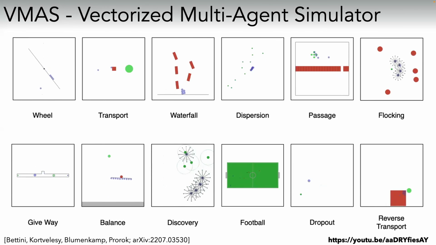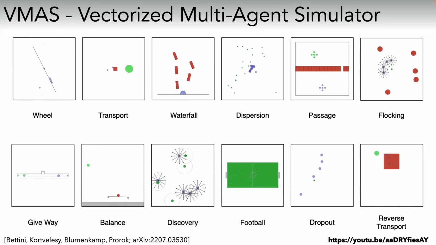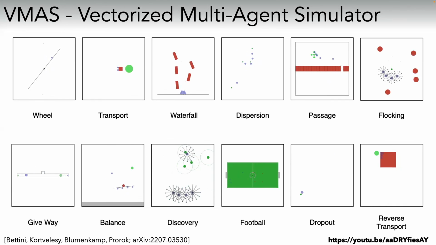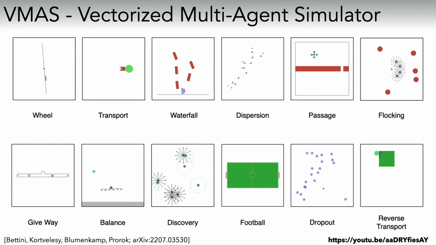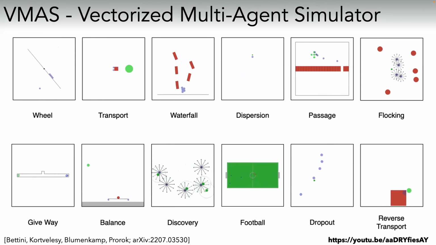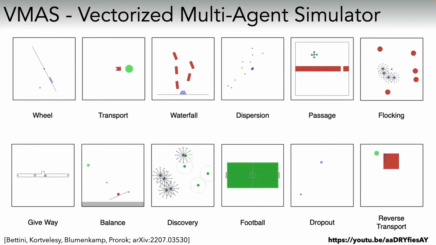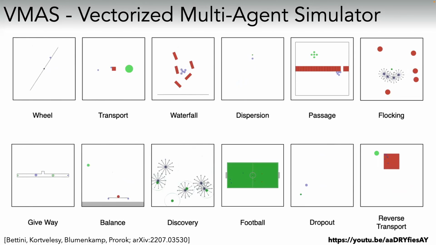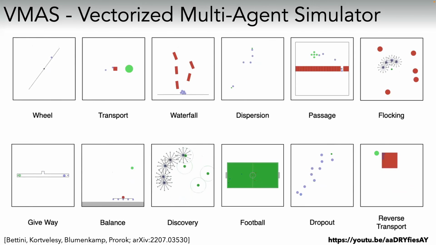So you can see here there are various problems that we're trying to solve with agents interacting. The discovery one is actually really interesting. These look like little viruses, but they're actually laser rangefinders. The robots here have to detect targets, and a target is only detected if 2 robots together have the target within their local field of view. So you can see it's a cooperative problem.